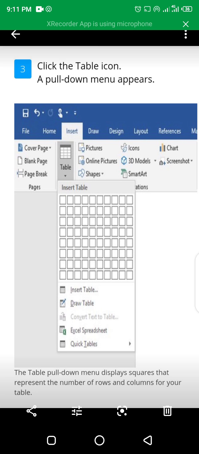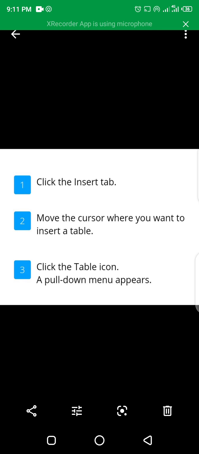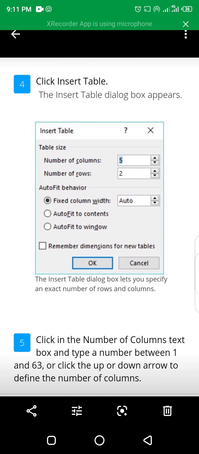After that, there is another way to insert a table in a Microsoft document. That is, click the insert tab, move the cursor where you want to insert a table, click the table icon, and a pull down menu will appear. After that, you will see a dialog box appear on the screen. In this dialog box, the number of columns and the number of rows are given. After that, there are 3 behaviors given: fixed column width, auto fit to the content and auto fit to